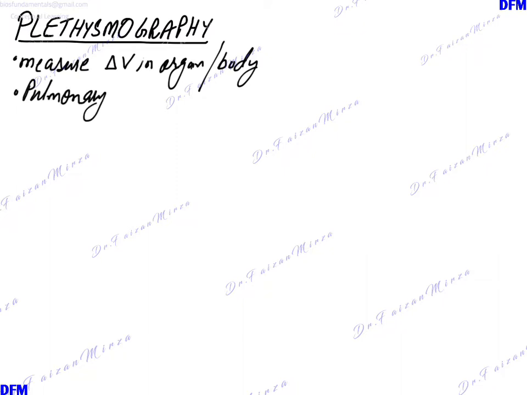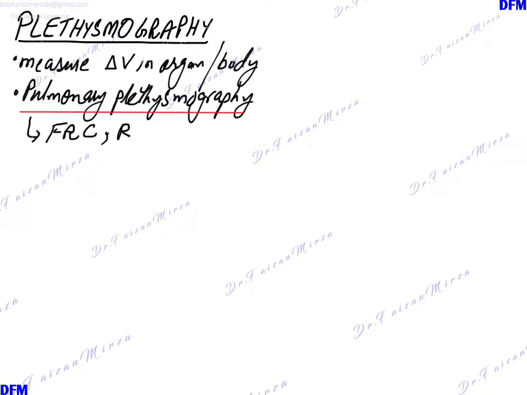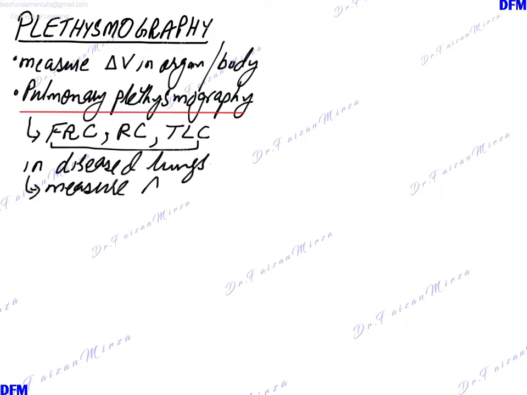Plethysmography. This is another technique which is used in respiratory physiology. It is basically used in physiology other than respiratory physiology as well. It measures the change in volume in an organ inside the body. So since we are discussing respiratory physiology, we'll be discussing pulmonary plethysmography. What is pulmonary plethysmography? In this technique, FRC or residual capacity or TLC, we know that in diseased lungs they